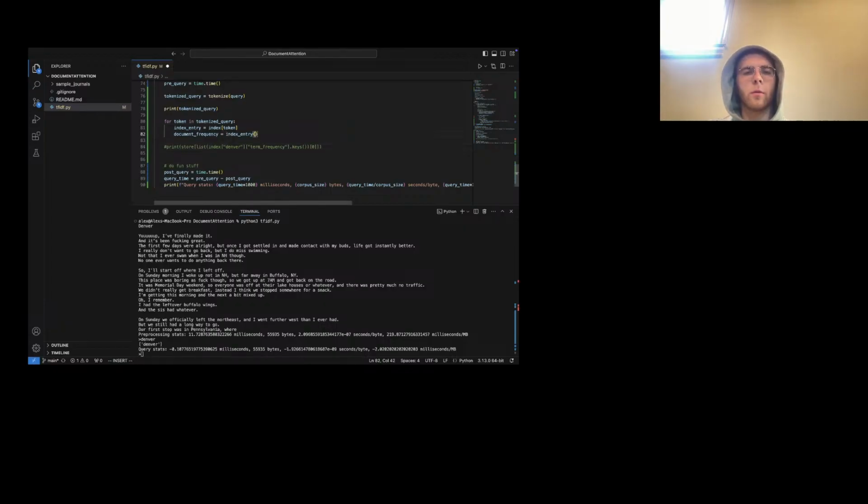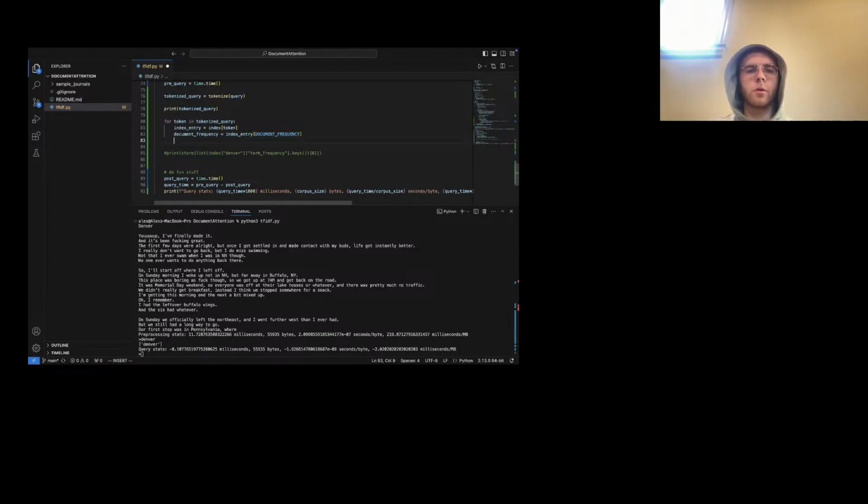Okay, so now we can do this with completion in VS Code. So we have document frequency. We also need term frequency, which is the counter. So term frequency is equal to index entry term frequency. All right, we have A and B. So we have TF and we have IDF. We need to sum IDF though, so